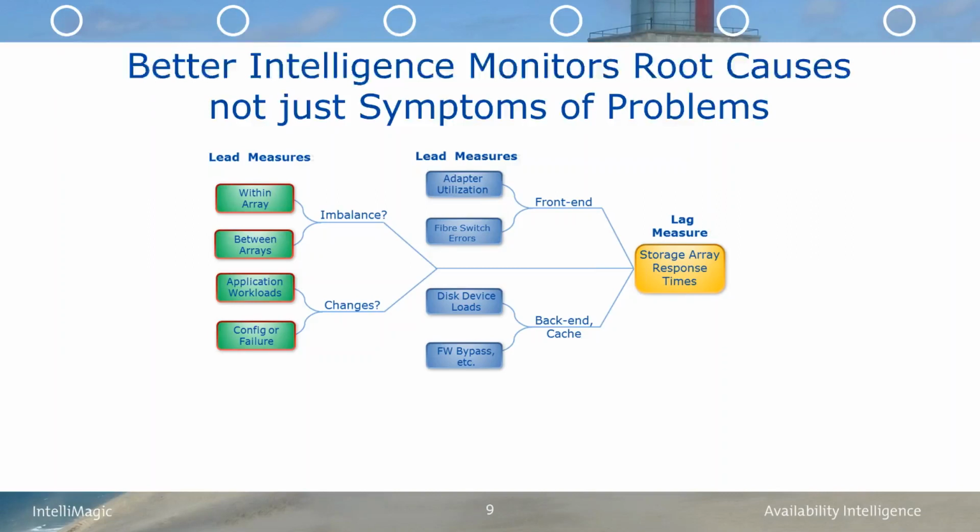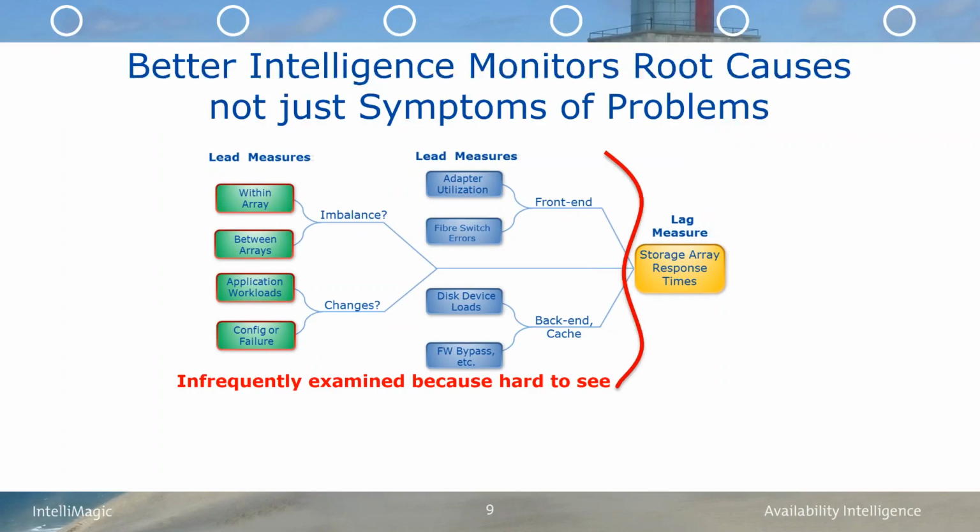So it's really not that useful, because when it really goes off, then a problem is already occurring in the production environment. If instead you want to look at the things behind the response time that drive or predict response time, you're going to get much closer to being really early warning and predictive in what's going on.